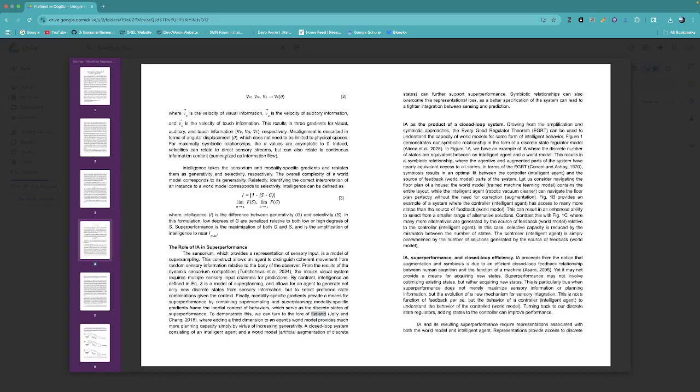So this is an area that we've been exploring in our phasic research area. If you're interested, look up phasic on our website and you'll find out more. But in this paper, we actually talk about Flatland and how what we call a world model for an agent can be influenced by thinking about Flatland and then thinking about how to break out of Flatland. So there was this mention of Flatland in our paper for the conference here.